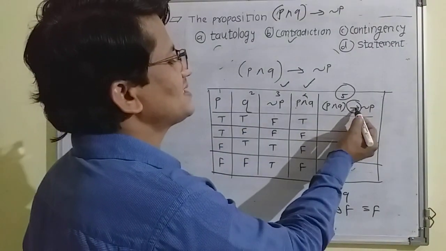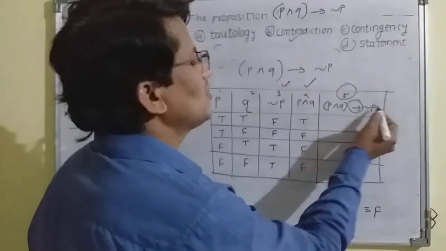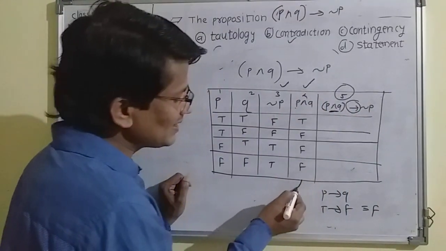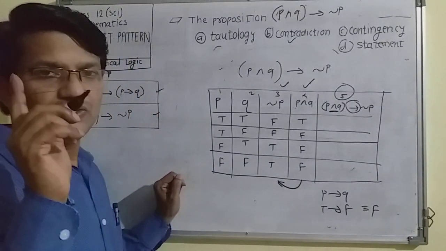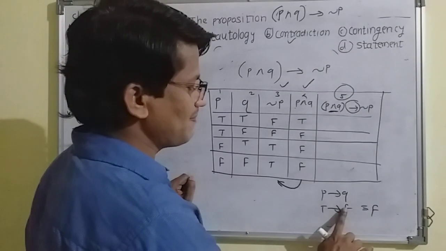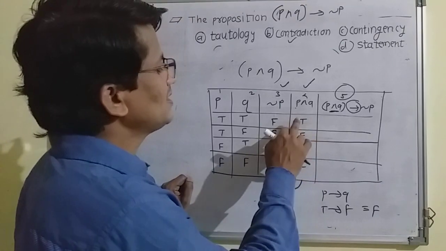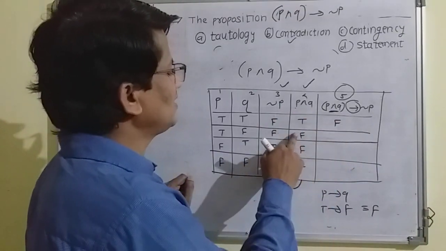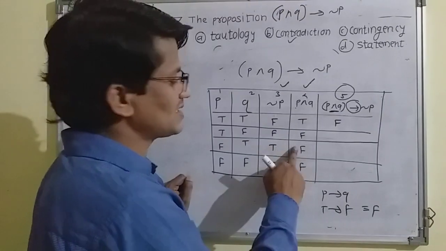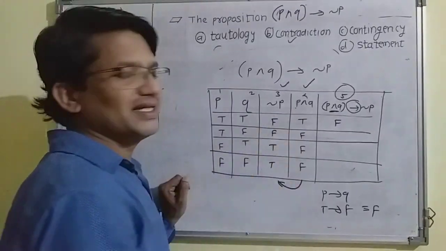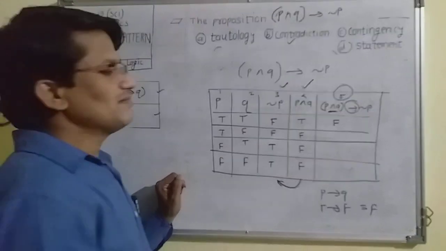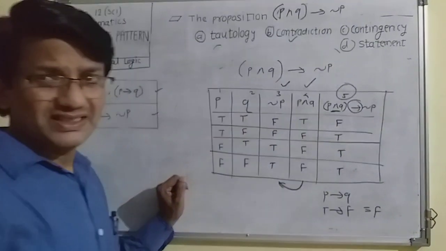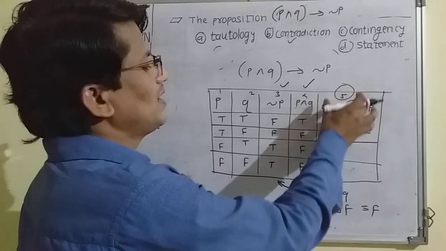This arrow goes from this part to the other, so the first bracket is column 4, and I am drawing the arrow like this. We use the same trick: T F result is F. Here T F, not here; from this to this, but our rule is T F only, so not here, and not here also. That means fill all the entries with T. Thus we complete the last column.